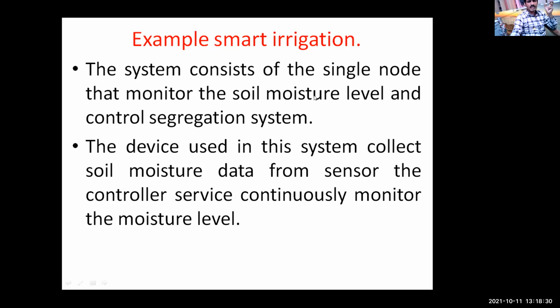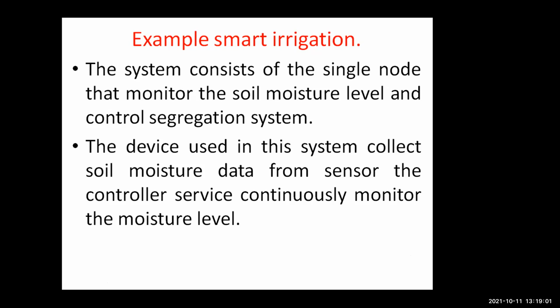An example for level 2 is smart irrigation. In smart irrigation, it is purely about moisture. I want to measure the soil moisture level. That is the basic thing. Based on the soil moisture level, I want the pump to be either on or off. The application is purely that I have to monitor the soil moisture continuously.